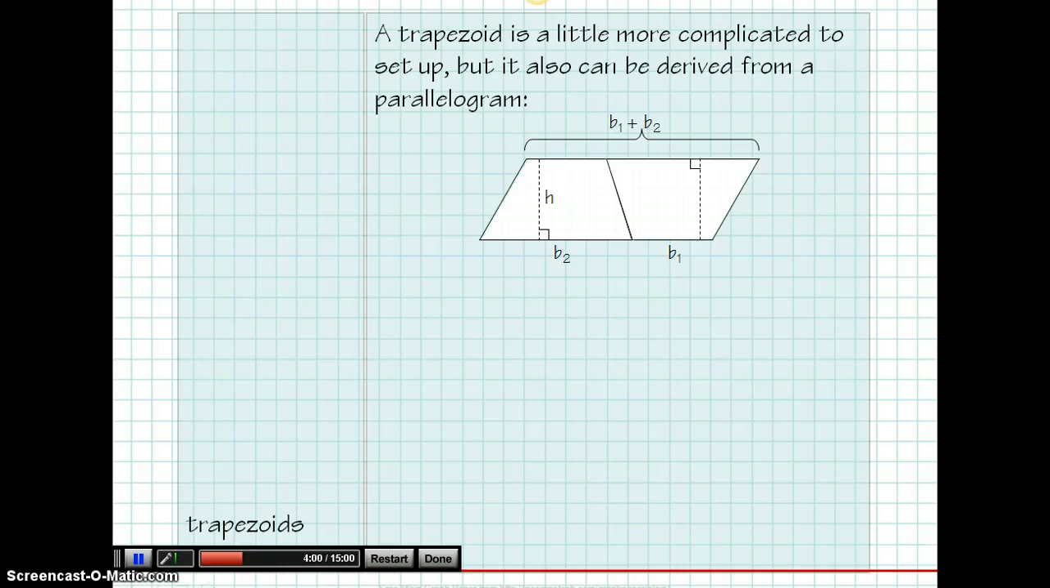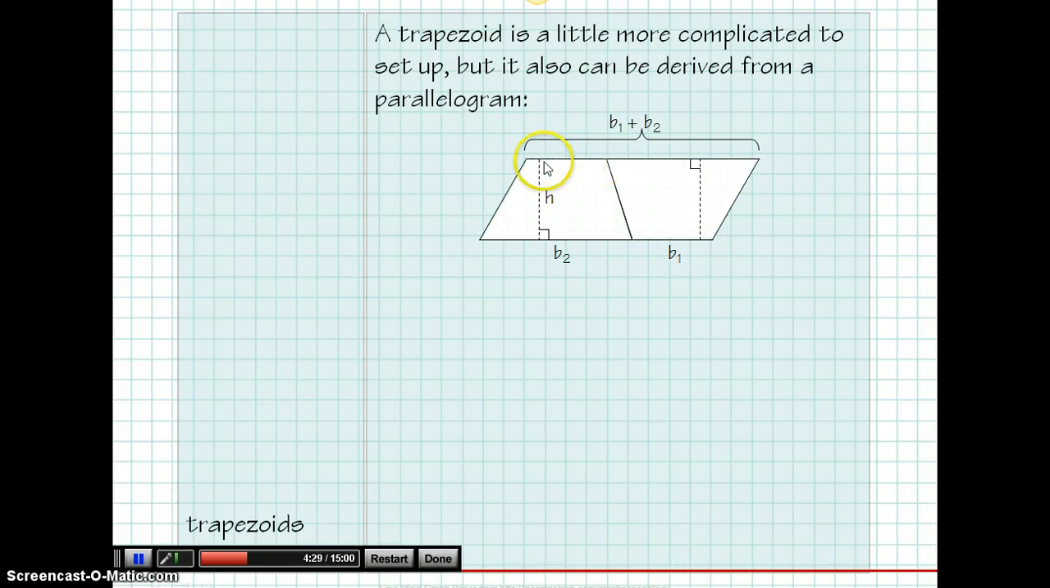Okay, a trapezoid. Now trapezoids are a little bit more complicated, but essentially it also still comes out of a parallelogram. If I take a parallelogram and I just put some sort of line going down it, it's going to divide the base into two pieces. And because my two bases here are the same length, this side of my parallelogram is the same as this side of my parallelogram,